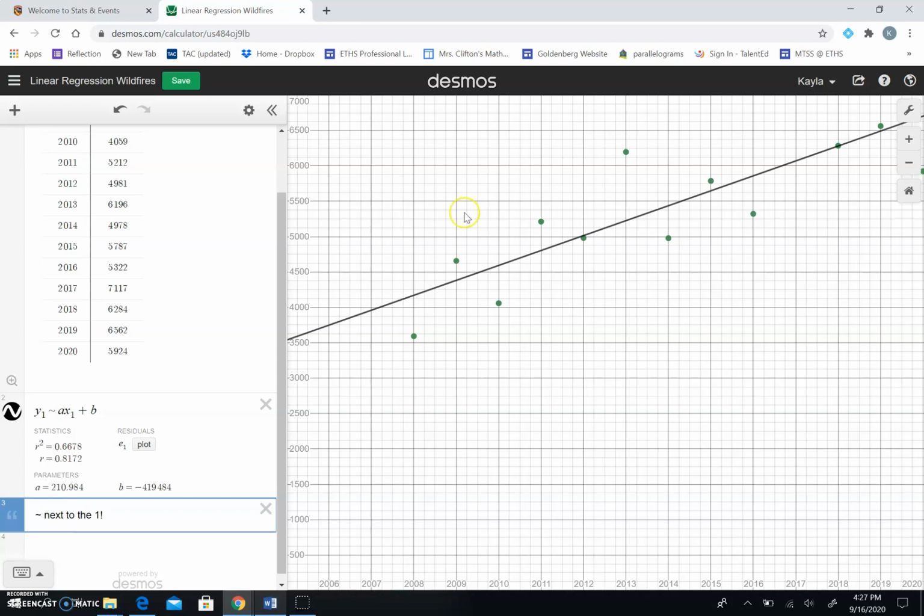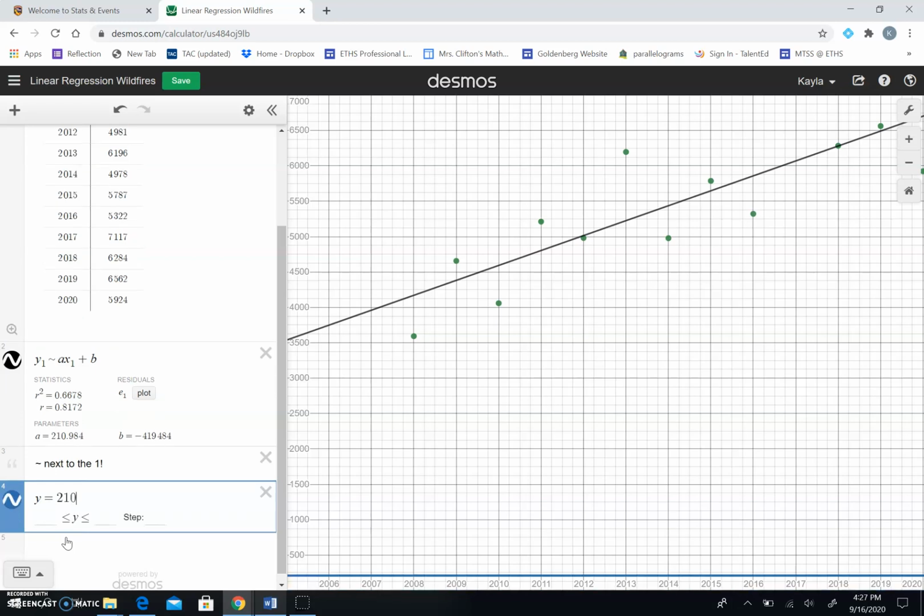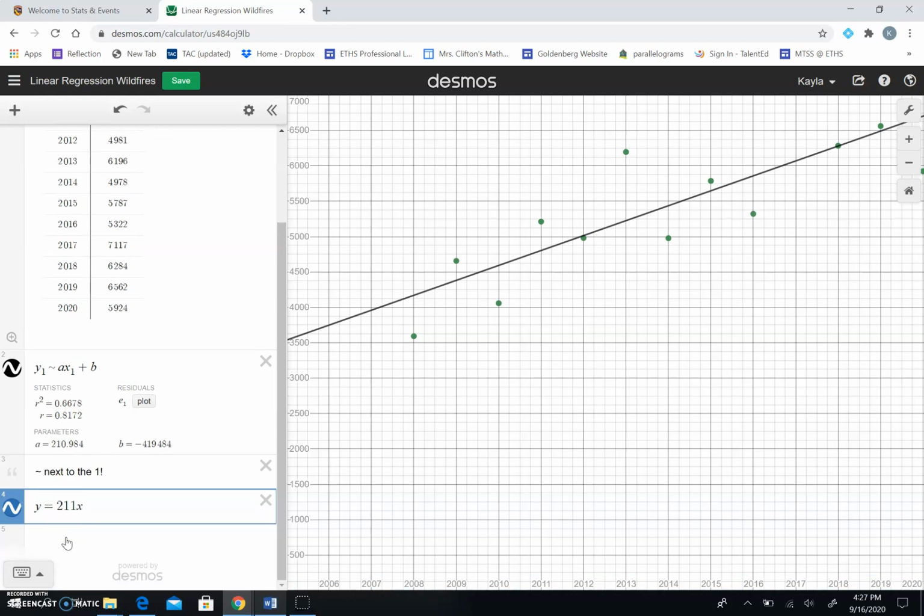So looking at this, you're also going to want to take a screenshot of this. This is our line of best fit. If we look here at this specific data, what they're telling us with the A and the B, that's filling in your slope and your y-intercept for your equation. So my line of best fit, if I was typing this out on my PowerPoint, I would say my line of best fit is y equals 210, maybe I'll round it to 211, right? You can be as exact as you want. I don't really have a preference for how you round, so if you want to round to whole numbers, that's fine. So 211x minus, it looks like I've got a negative y-intercept,